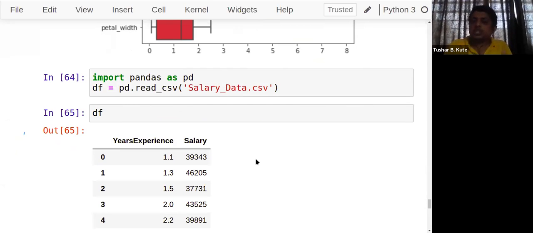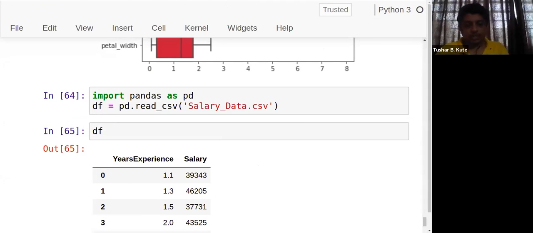Correct. So it's a problem of linearity. It's a linear regression, and I want to have a plot of it. Plot and averaging line, meaning where the standard line is present, the line of best fit, I want to show. To do this, I'll be making use of a particular function which we call regplot, or we'll be making use of lmplot.